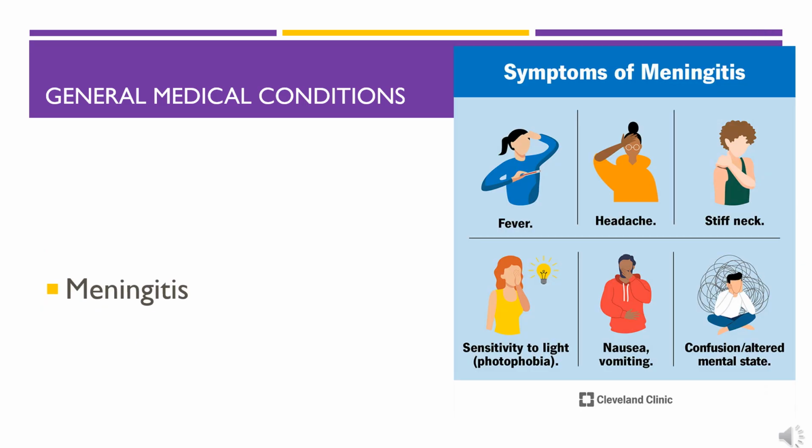Meningitis is either bacterial or viral, and it is severely contagious. Thankfully, most college athletes and college students in general are vaccinated against meningitis before they're allowed to participate in any college-sponsored events or be a part of the college campus. That being said, it is extremely important that you're able to recognize the signs and symptoms that are listed here to recognize and appropriately refer these individuals for care by a physician. Meningitis is a very deadly medical condition, so it's very important that we get these patients the care they need immediately so that